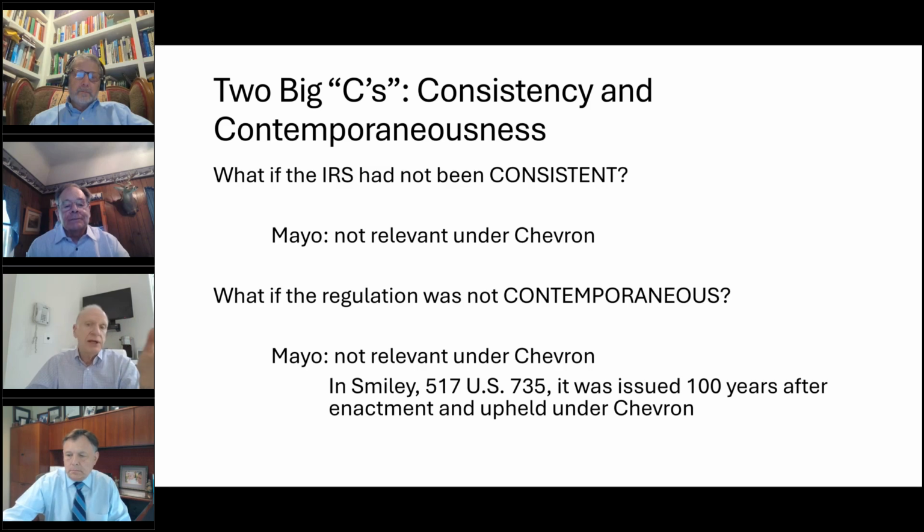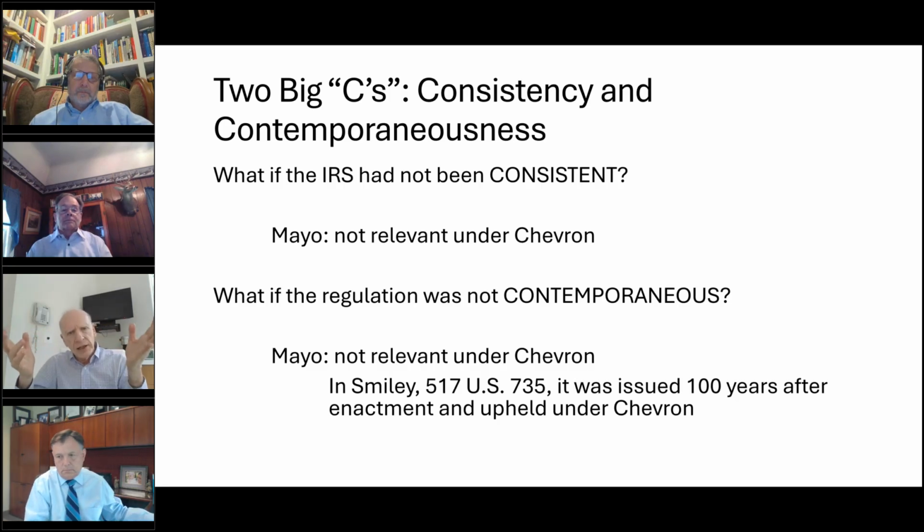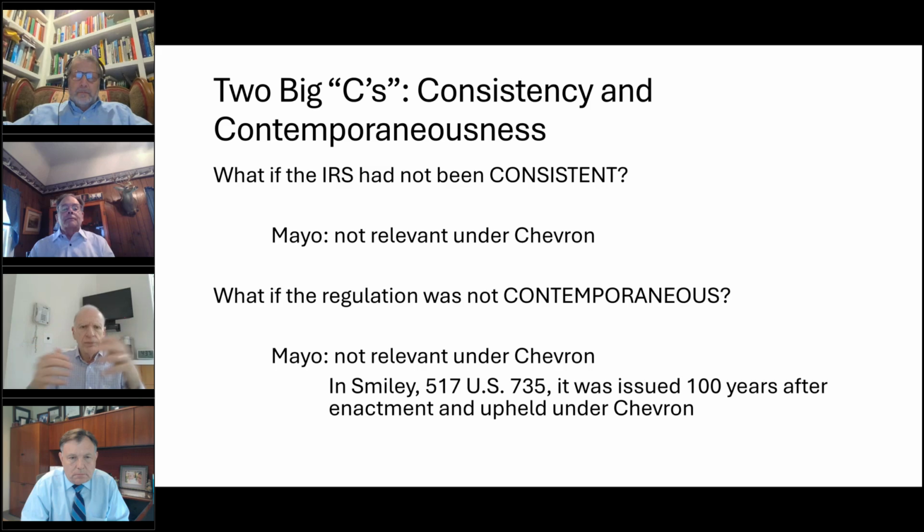Let's slip down to the second big C, right? And I'll put this all together before we end today in terms of Loper. So what about contemporaneousness? Now, what do we mean by contemporaneous? Okay. Well, here's the idea. Congress enacts a statute, and shortly thereafter, the agency issues implementing regulations. Think, for example, I don't know, the Secure Act, right? The Secure Act gets passed, and the agency goes to work on issuing regulations, trying to interpret and flesh out that amendment. Those regulations would be viewed as contemporaneous.